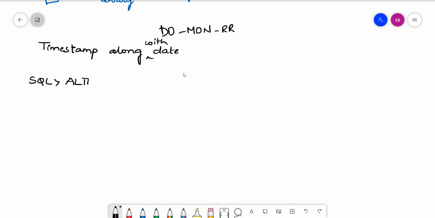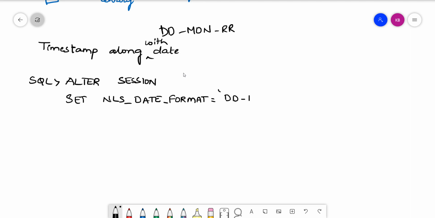So here we have alter session set NLS_DATE_FORMAT is equal to, in single quotations, specify your format.